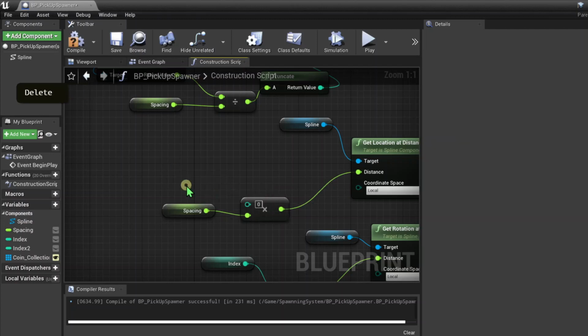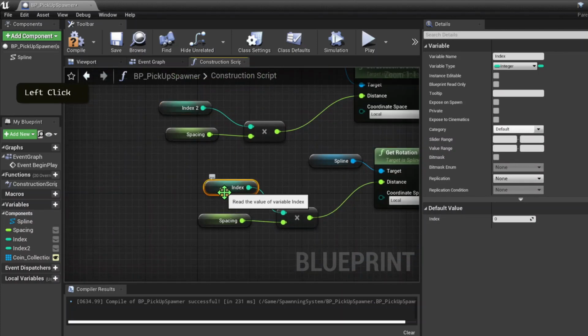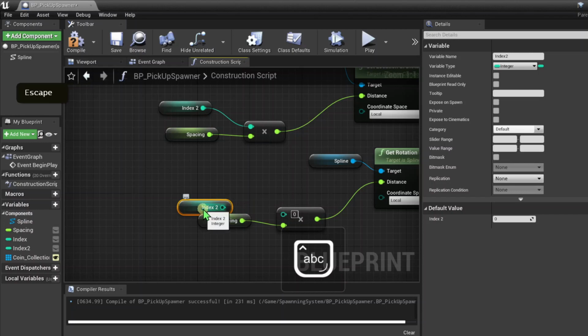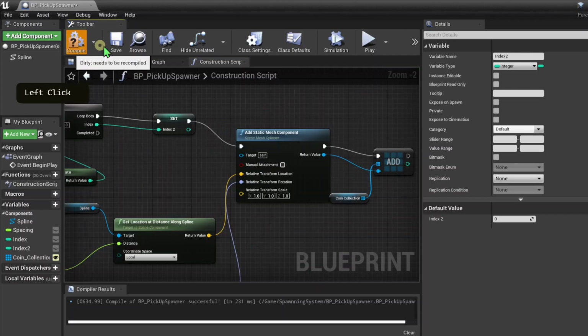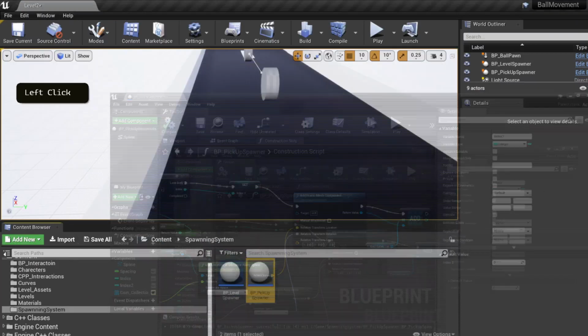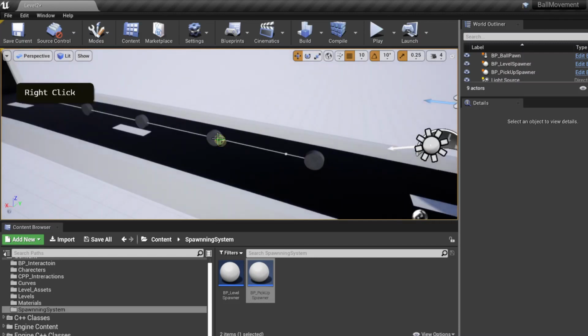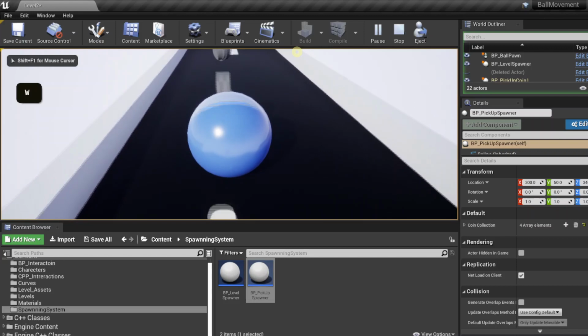So that would mean instead of index 1, which was used for the for loop for our begin play, we're using index 2, which is the index of our for loop for our construction script. So get that here. If we just save that, we'll notice now it creates our pickup coins,